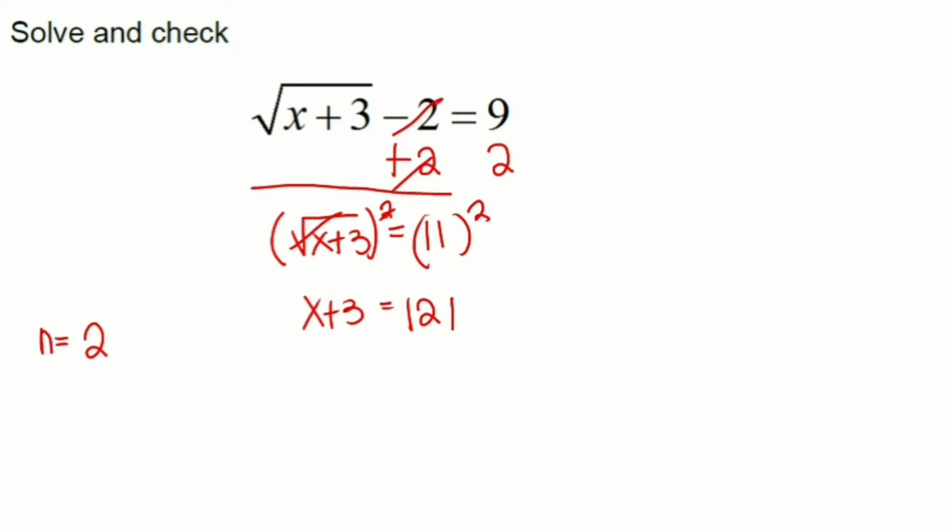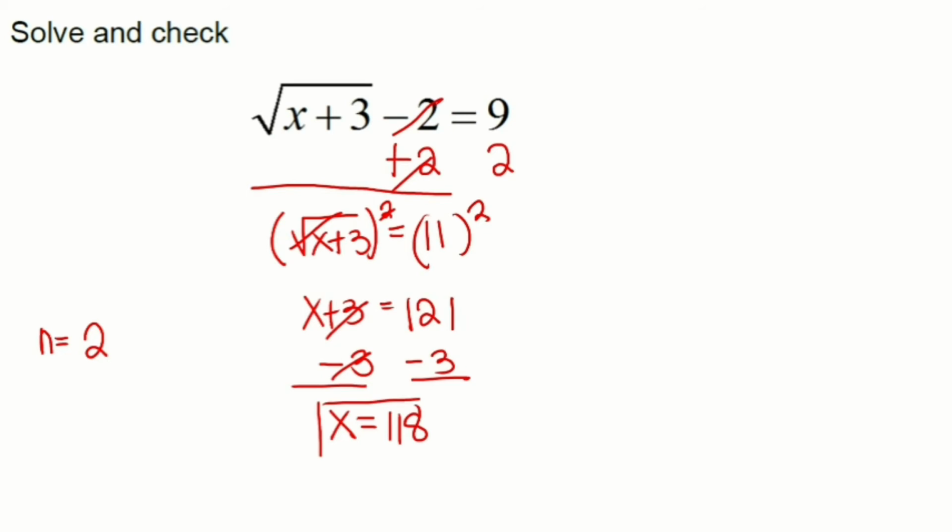Next is we will solve for the value of x. To solve for the value of x, we need to transfer positive 3 to the right by applying the subtraction property of equality. So we will subtract both sides of the equation by 3. So this is cancelled out because it produces 0 pair. Again, x is equal to 121 minus 3. The answer is